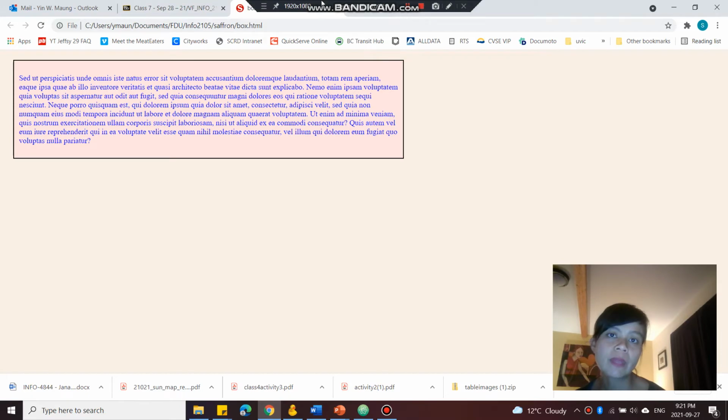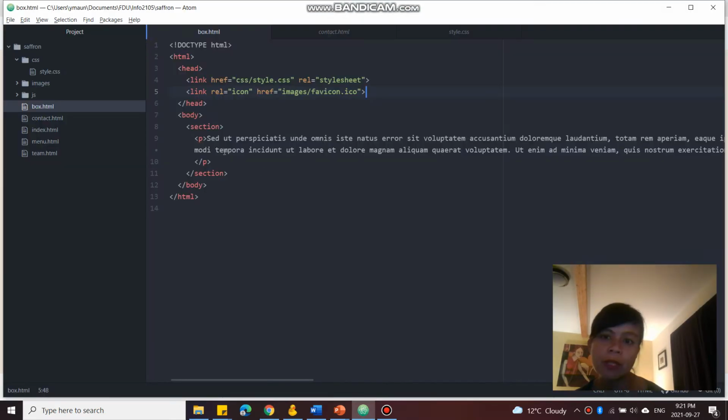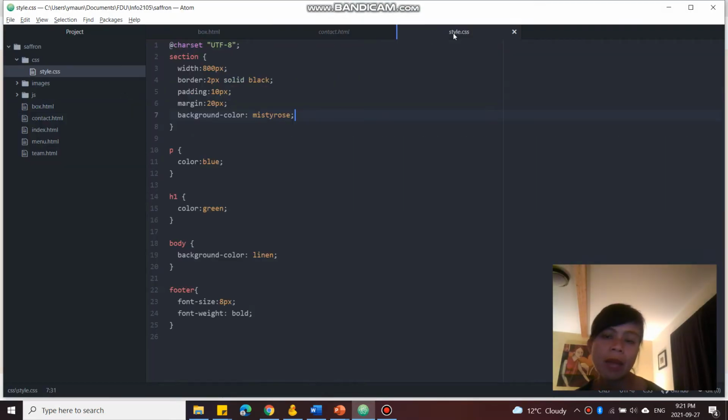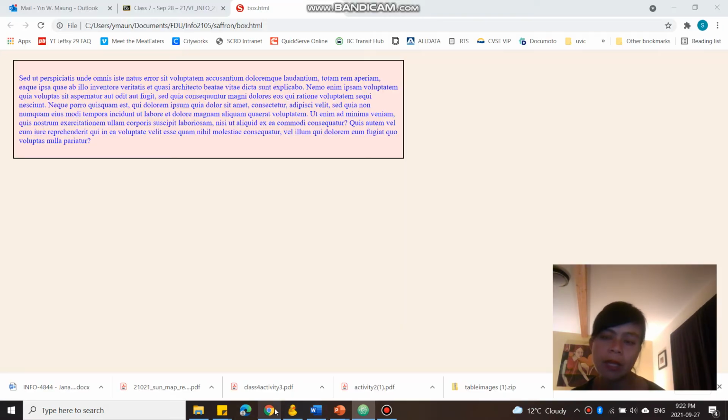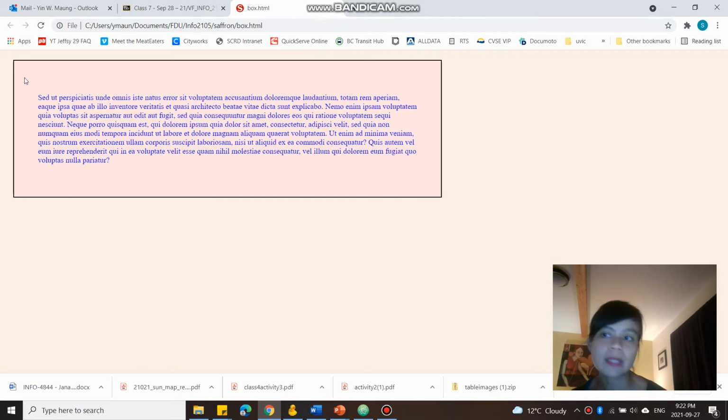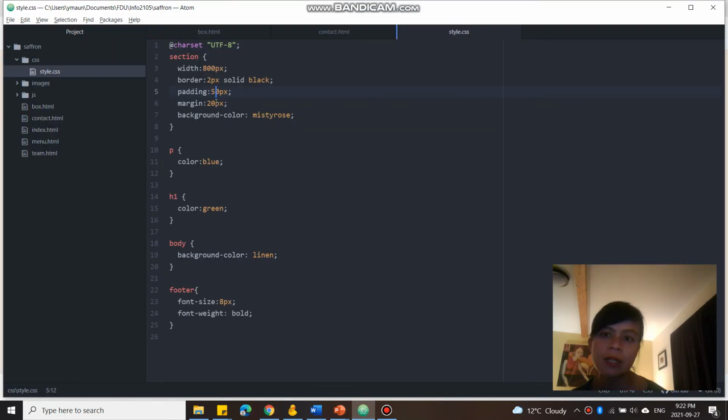All right. So to illustrate that, if I was to make my padding more, there we go. So let's make that 50 pixels. File, save all. And then you would have more space inside of the black border. See that? So that is the padding. Outside is the margin. Let's go change the margin to, again to